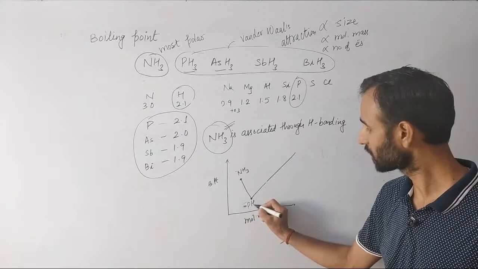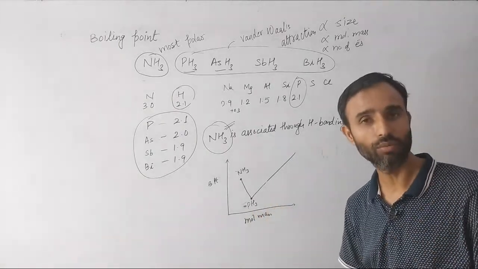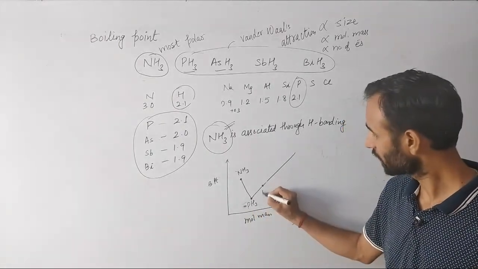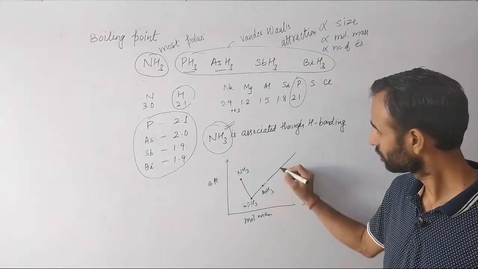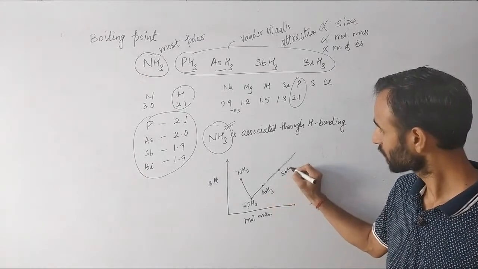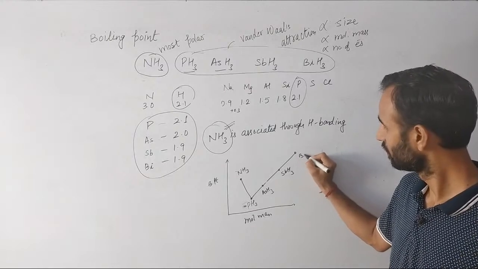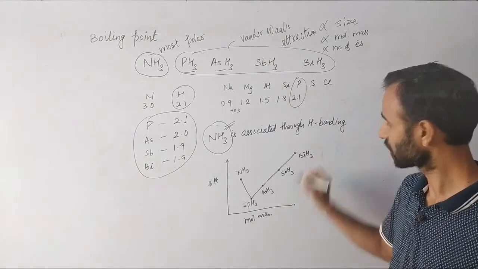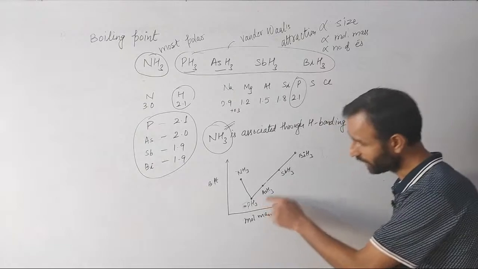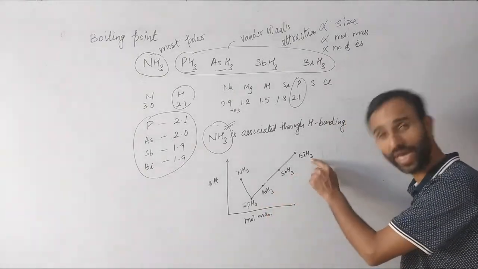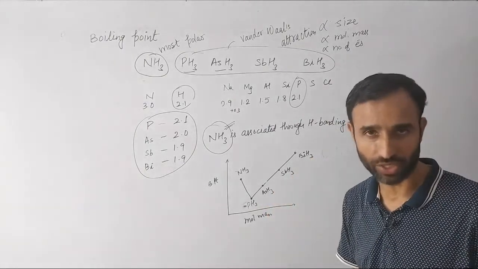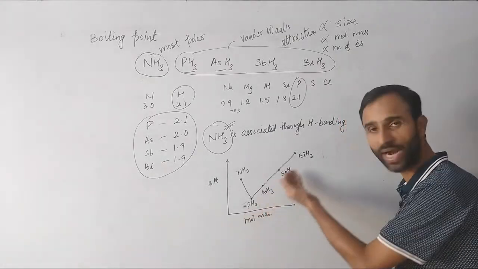That means PH3 has the least boiling point. Then it is AsH3, SbH3 and BiH3. Because in PH3, AsH3, SbH3, BiH3, there are van der Waals attractions, and as the size of the atom